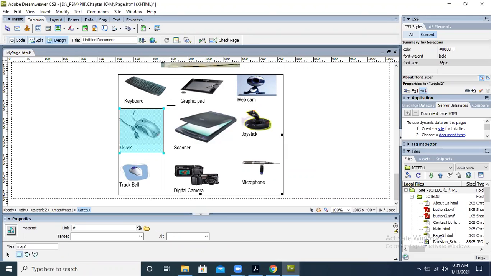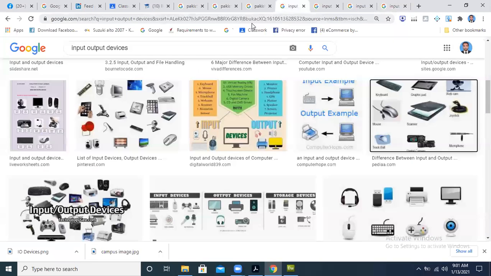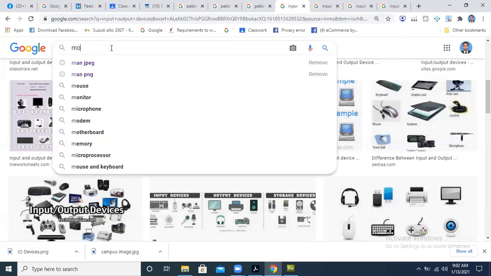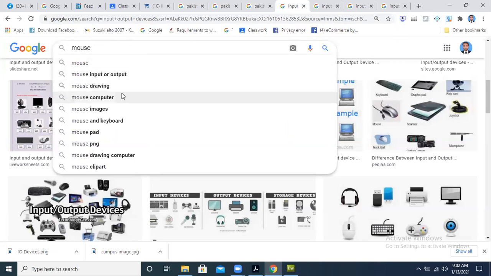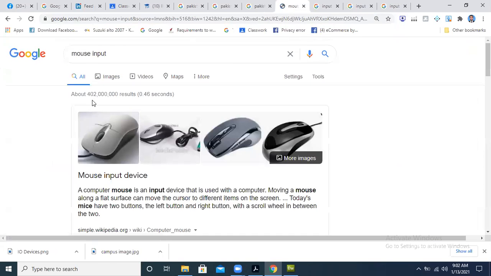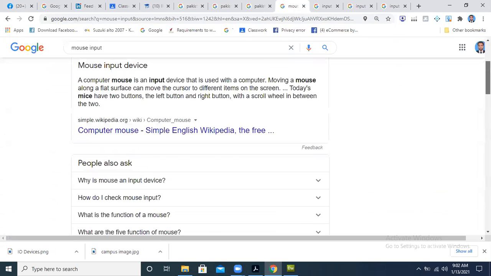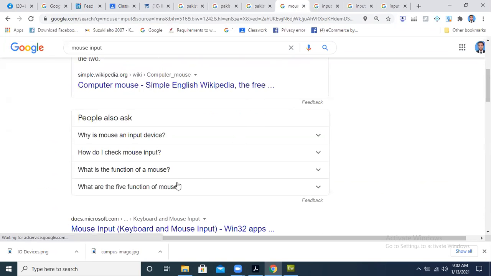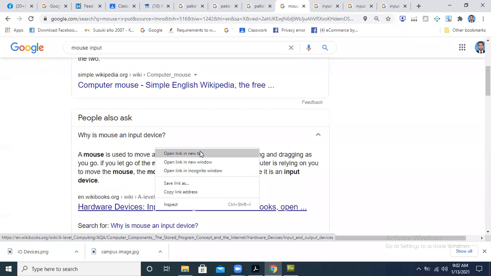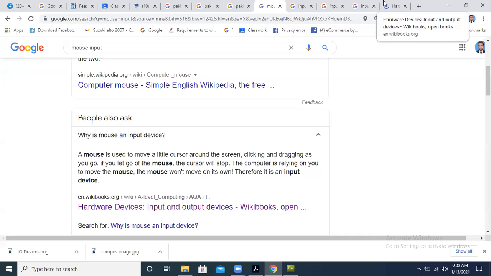Okay, so now we have covered the mouse. Let's suppose I want to link it with some page about the mouse. Mouse input. I go to all, I take any of the web pages, just like this is a web page.